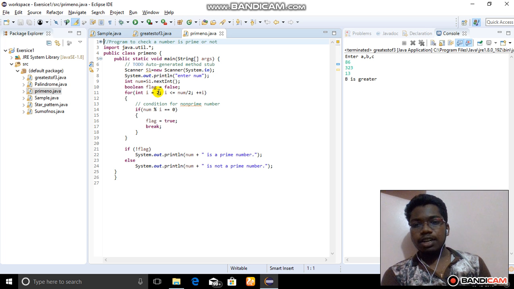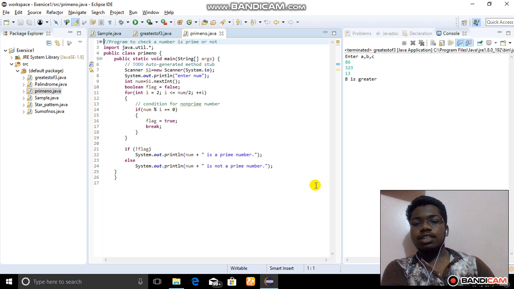I will be dividing the number by 2 up to 5, and checking whether the remainder is 0 or not. If that remainder is 0, it cannot be a prime number. So I'm having a flag here. If the flag is true, like if there is a remainder 0, I'll be breaking out of the loop,